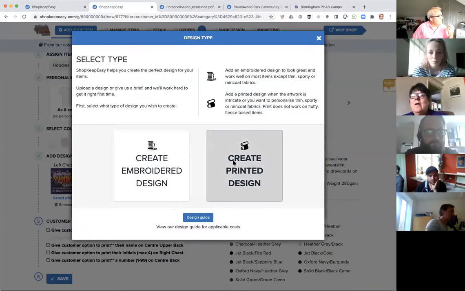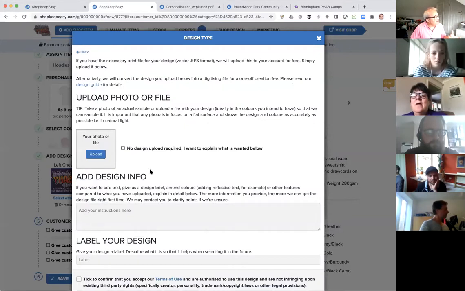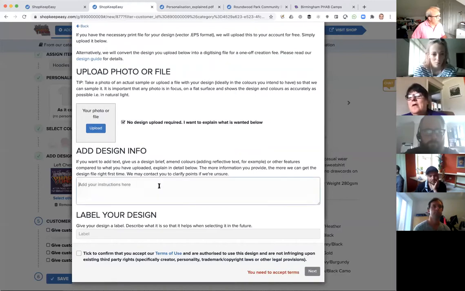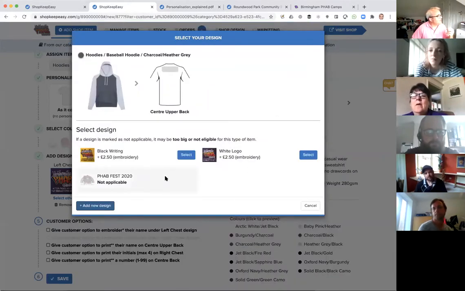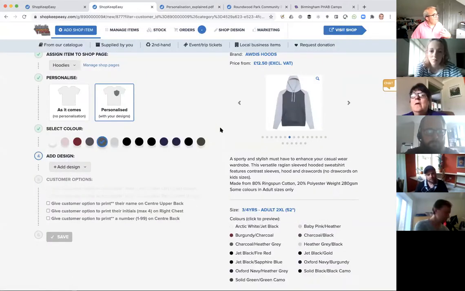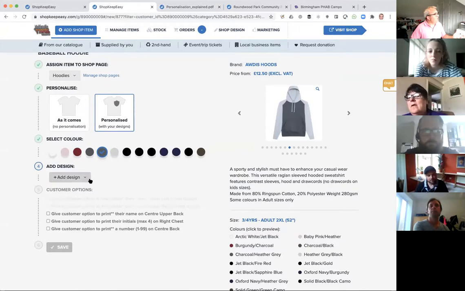But you'd basically then create the design here that you then approve, and you'd maybe say, actually, I haven't got an image, but can you just add text, whatever the statement is, support fab, in white. And then once we've done that and added that text, it would then appear here, and you could then add it to the upper back. You could select it and add it, and then every time a person orders that hoodie, the option for